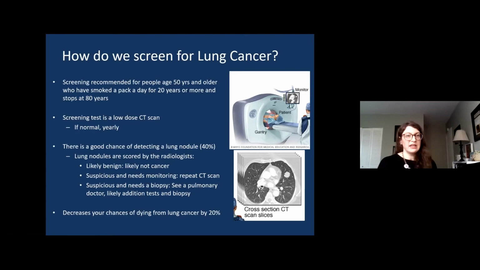So oftentimes with lung cancer screening, you will likely undergo further tests, and that could just be simply another repeat CT scan in a number of months, or you may actually have to undergo a biopsy, which is a procedure to take a small piece of that abnormal tissue to look at under the microscope to see if it's cancerous. And why would we want to do cancer screening? If we catch a lung cancer early, and through the clinical trials that have been performed for lung cancer screening, it decreases your chance of dying from lung cancer by 20%.